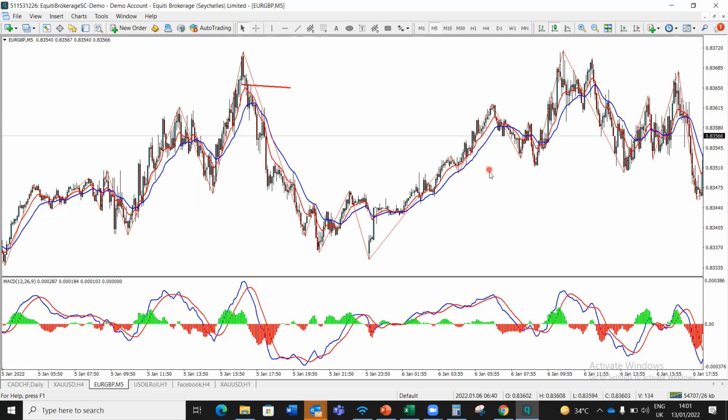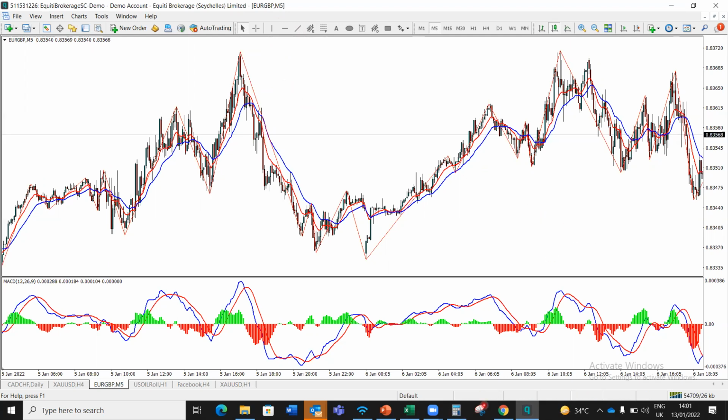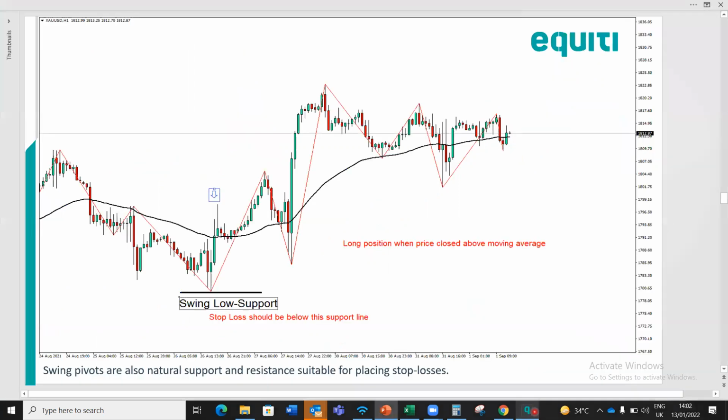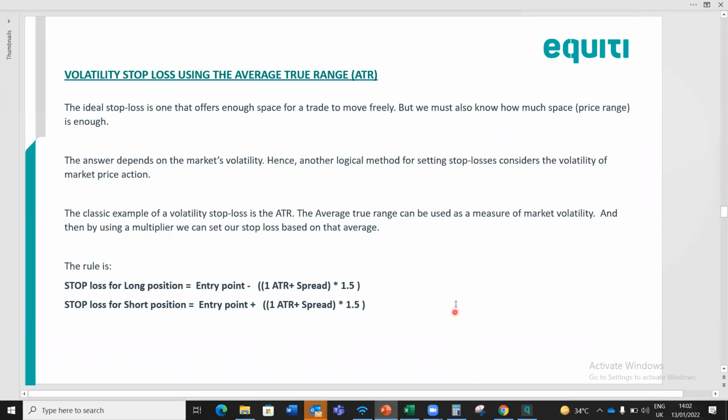By this we decide the right way on how to have our stop loss on our trade. All right, so let's look at the second method, which is the volatility stop loss using the average true range,